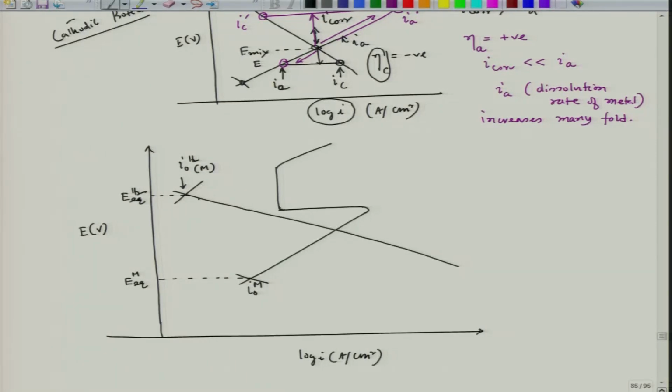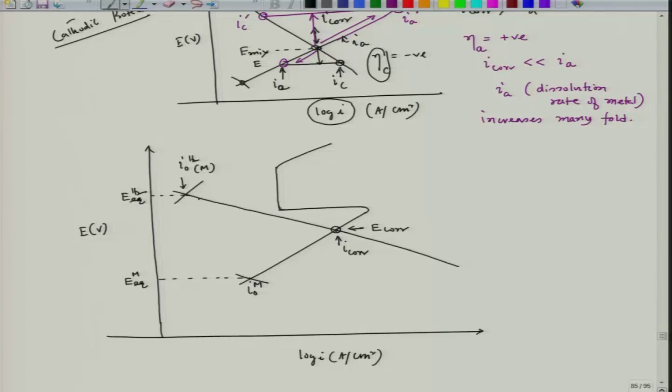Now, my natural or steady state corrosion potential is this, and the current density corresponding to the corrosion rate of that particular active-passive metal is at this location. I can go down for cathodic protection, but if I go up from that E curve,